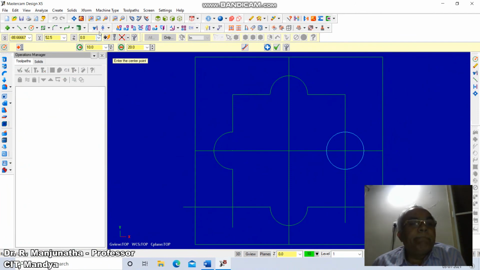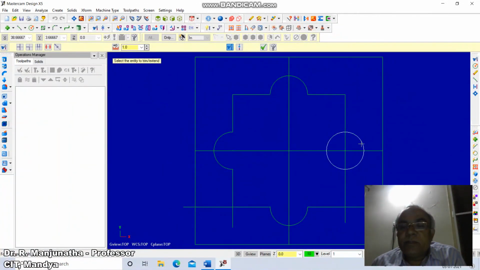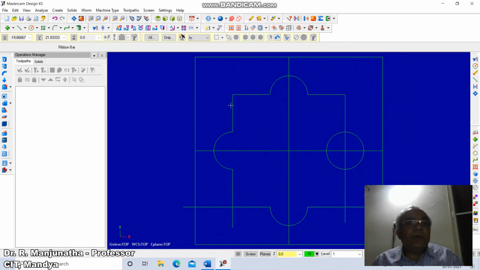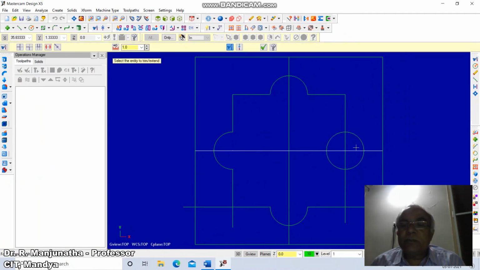Go to trim this. Trim this portion till here and go to extend this line, extend.